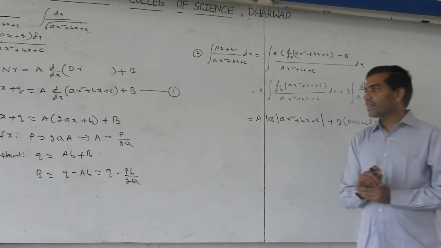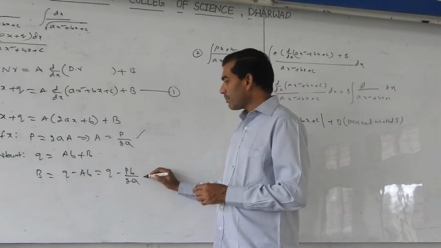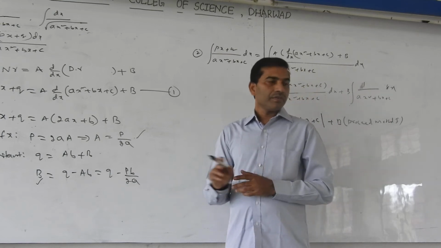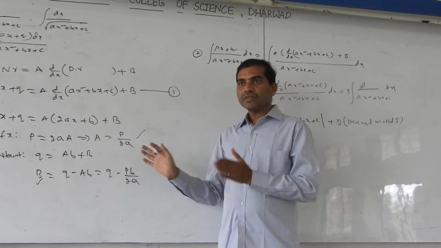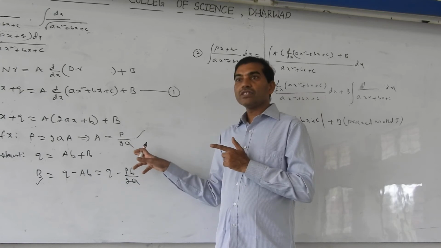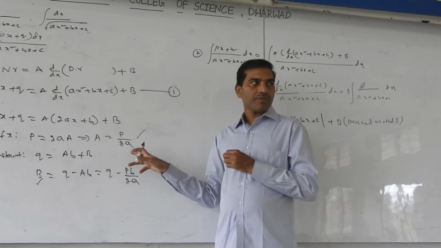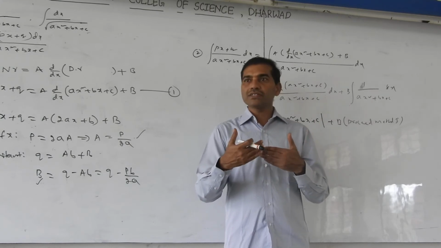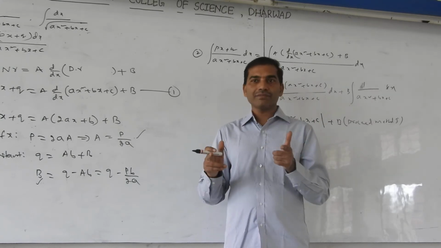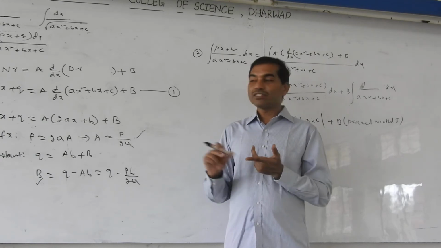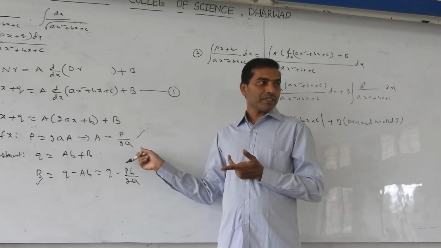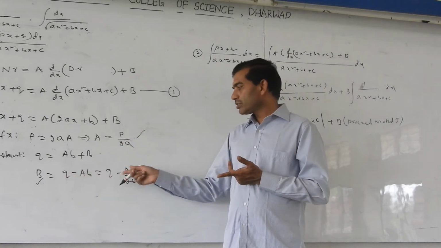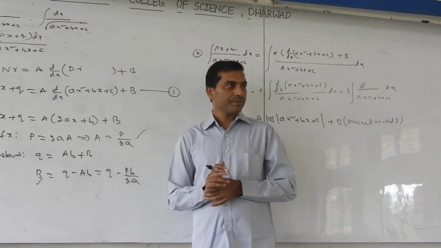Here A and B you can also get directly by using this formula, but you should remember the formula. Without solving, you can write it without comparing, but you should remember these formulas. Are you following? By comparing also we can, but for speed you will get it by formula; if you have less memory, it is difficult to remember. A is equal to p by 2a and B is equal to q minus pb by 2a. It's very easy also, but it is your wish.